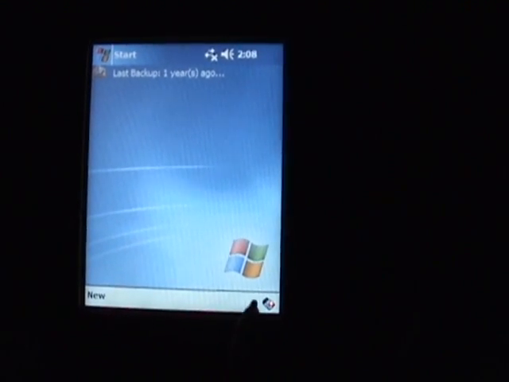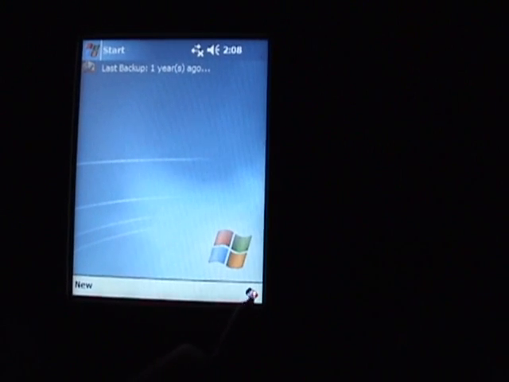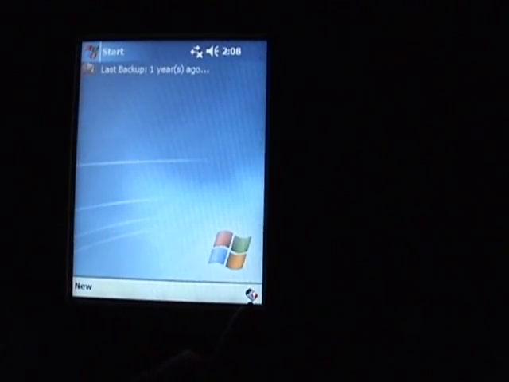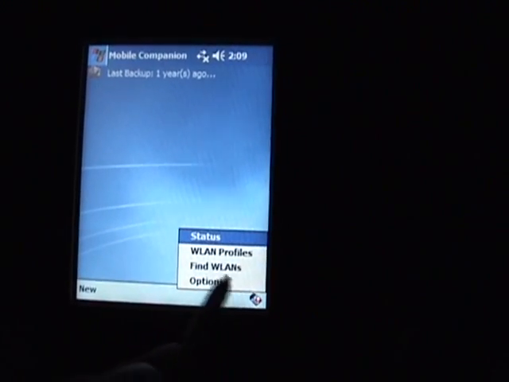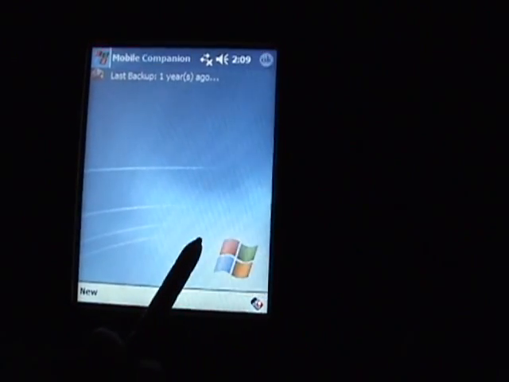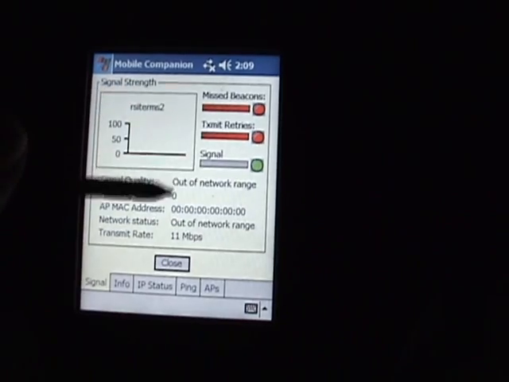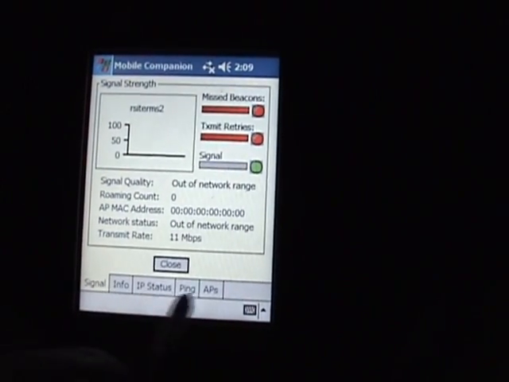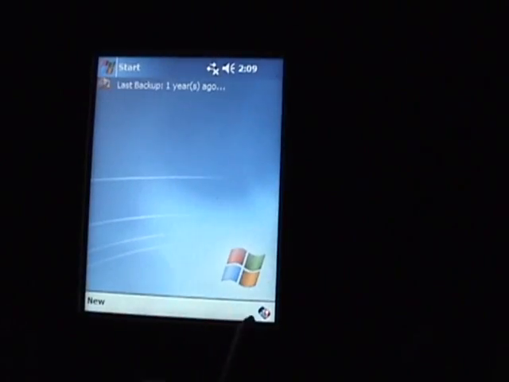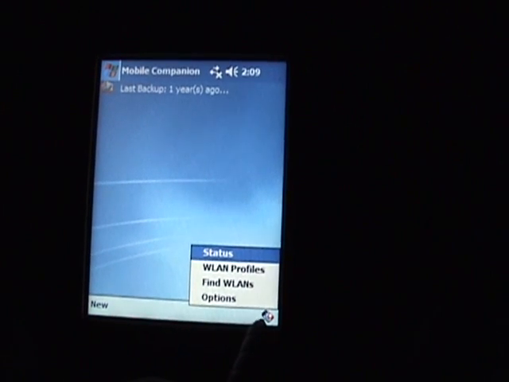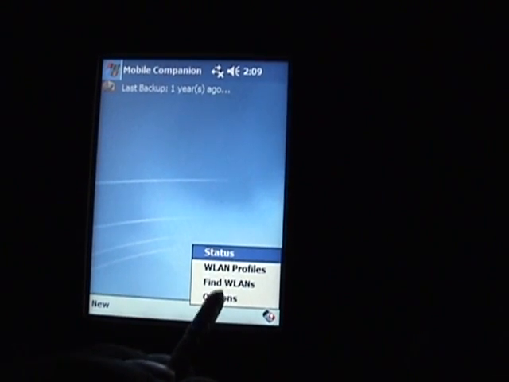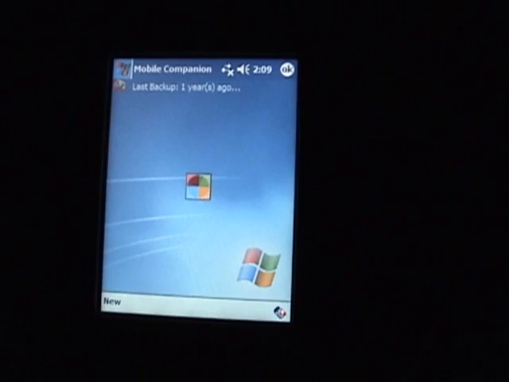Now in the bottom right hand corner here, you'll notice the status will have a little exclamation mark for the wireless. We click on that and we click status. And here you can see it's trying to connect to RSI terms, and there's no signal there whatsoever. So we hit close, go back down here to wireless status, and under find wireless local area connections,